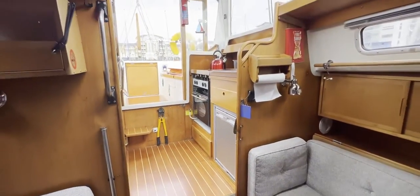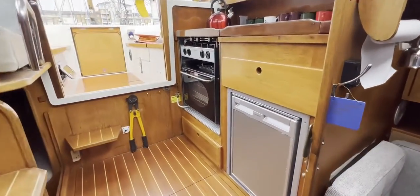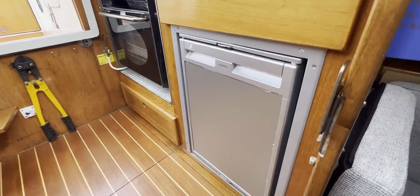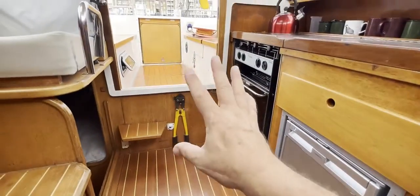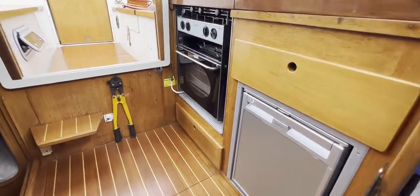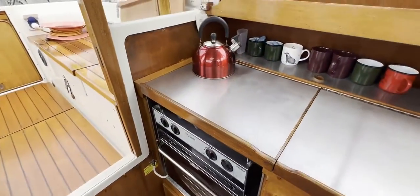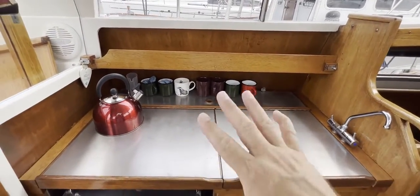So what we're going to do is just hop up into the galley and the wheelhouse area and finish off the tour with the galley. But before we do that, we can see we've got a nice fridge nestling in there, nice and easy for everyone to get at, whether you're in the cockpit, the helm, or down below, or working in the galley even. And once we're up here, we can see we've got, well, all of a sudden we've got tons of light in here, so that's great for